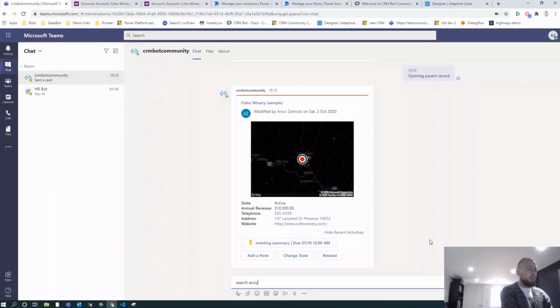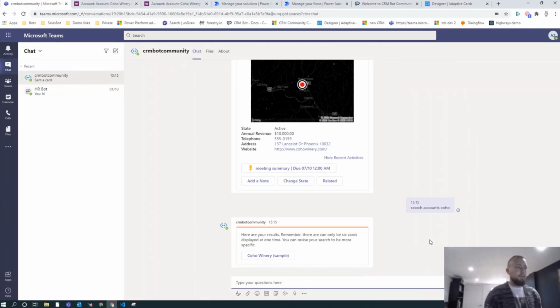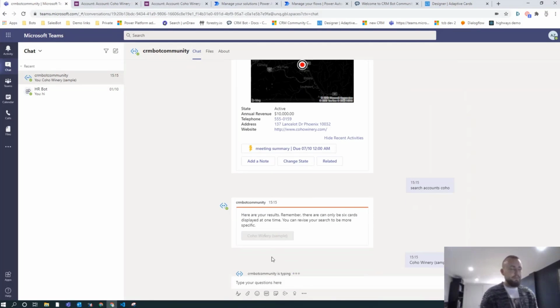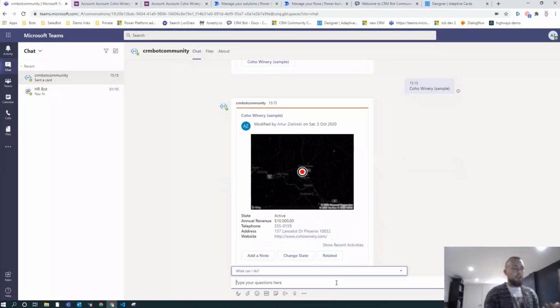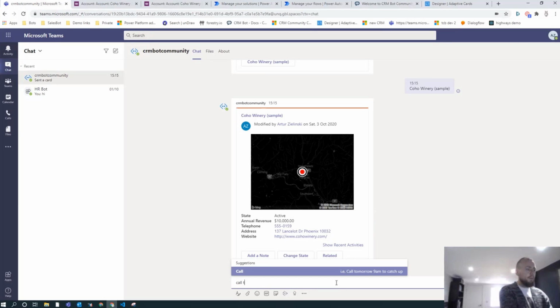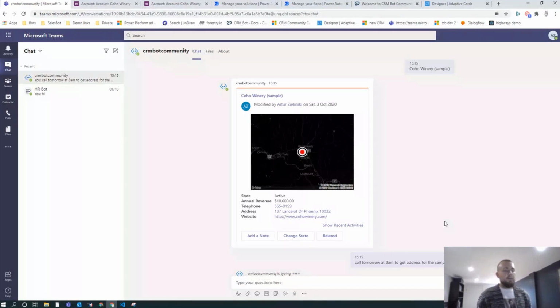So I'm going to actually search for Coho again and show you the conversational part, because you probably noticed that in the 15 minutes we spent, there wasn't really a lot of typing or a lot of conversation going on. So there are ways we can make it more conversational. What we've done is given you an ability that when you're looking at the account, you can simply say something like that. You have to include the name of the action, so whether it's a call or